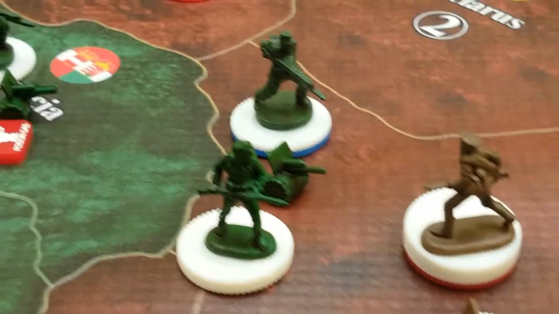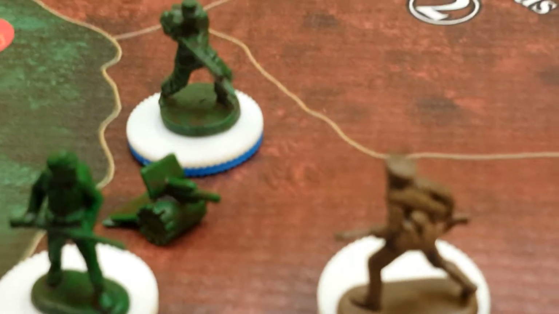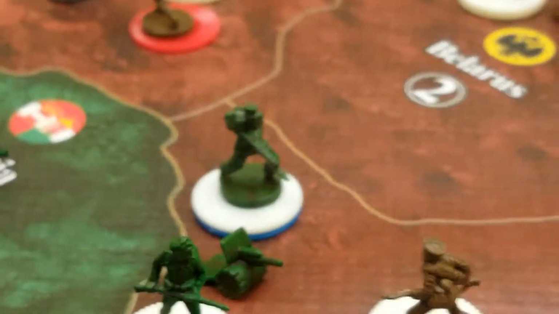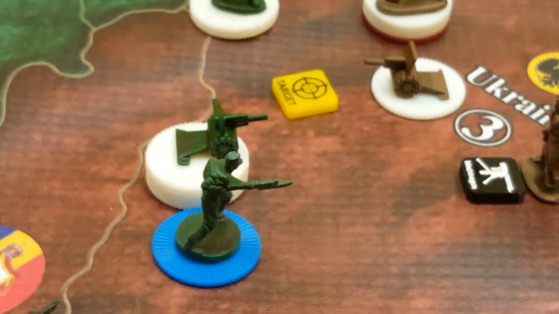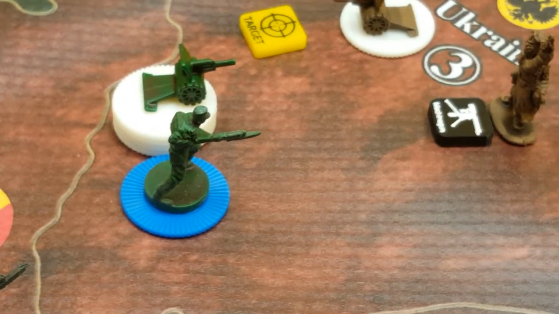But the forces that were in Galicia have moved in to attack the Ukraine, and that consists of 10, 11, 12, 13, 14, 15 infantry, 1 artillery, and then from the south, Romania, we are moving in 10 infantry as well as 5 artillery, and